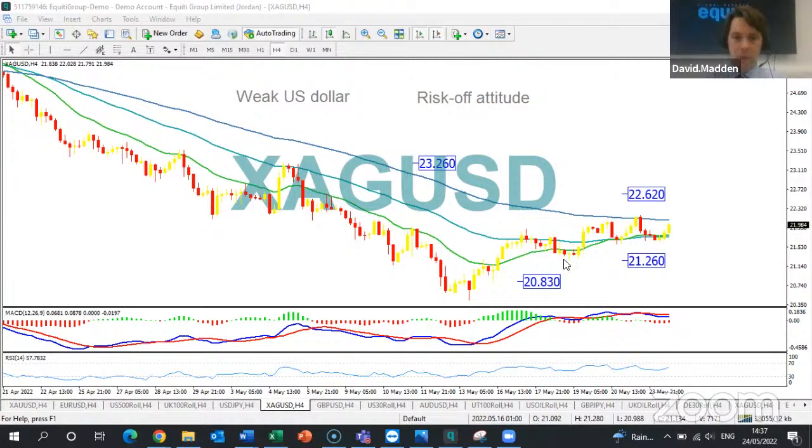Now, what's been going on with silver recently? In the last few sessions, we've seen a very weak US dollar, and a weak US dollar typically helps silver. Why is this? Well, silver, like other major commodities, is traded in US dollars. So when the US dollar is weak, that typically helps silver,